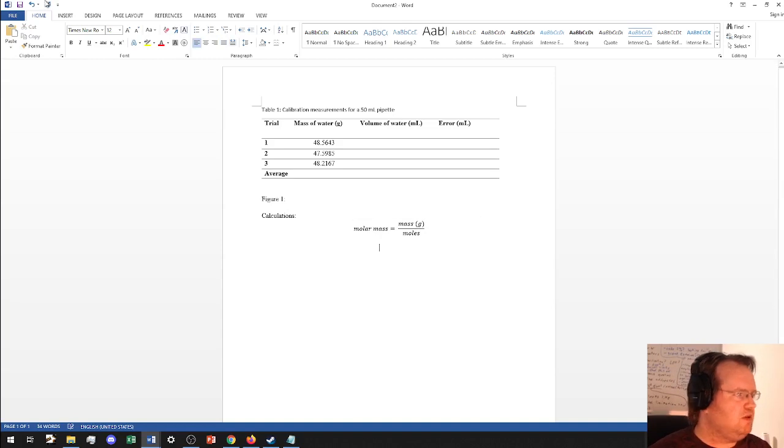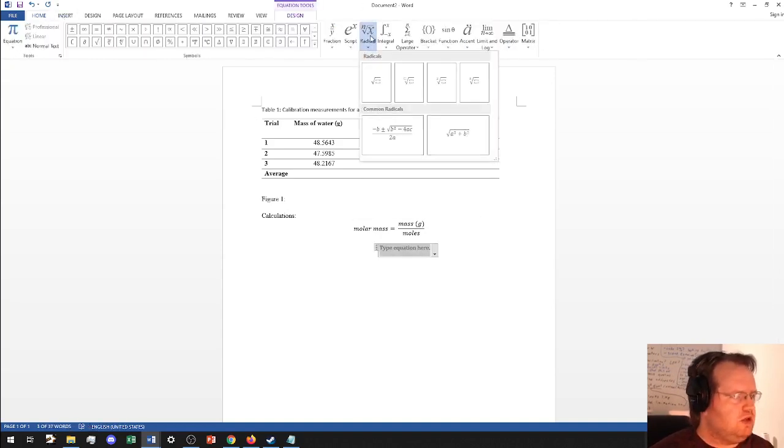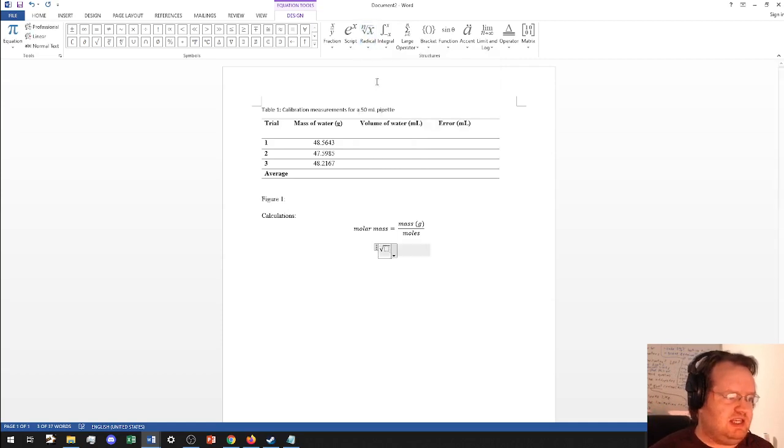Now, you can obviously do more advanced things with this. For example, let's insert a new equation. And let's say instead you needed to have a radical. For example, you're doing something with confidence intervals. I need to take the square root of something, because maybe I'm calculating my standard deviation. Then I can put whatever I need inside of here. For example, let's say I'm calculating something based off the average. So I have my